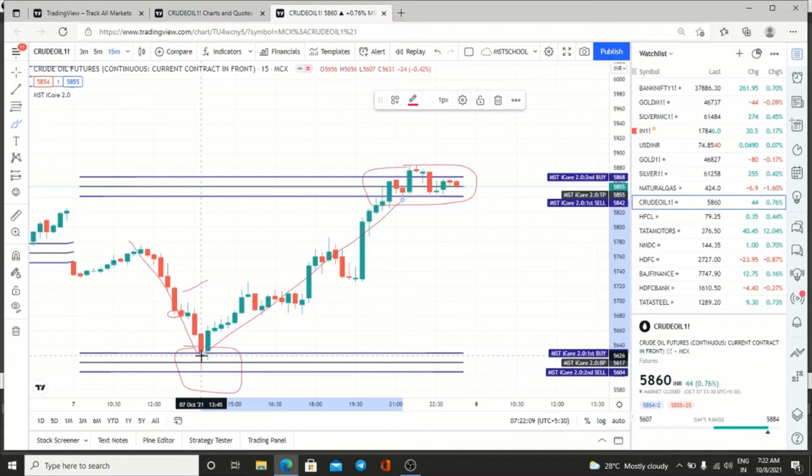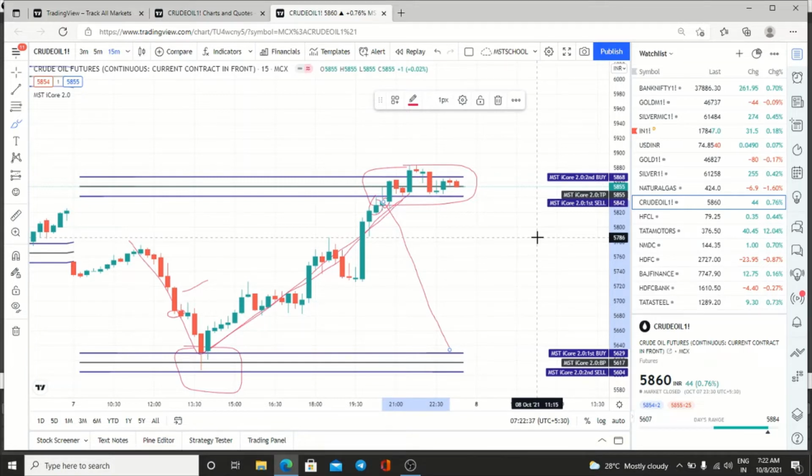So yesterday we got the exact reversal and all the targets were achieved. This is the demand zone, which means sellers are ready to sell their script here. So if no candle closes here, see, this is the entry. If you get another red candle here, then it is the confirmation candle. So now the market will fall down again to 525629. So this is how you can do it.